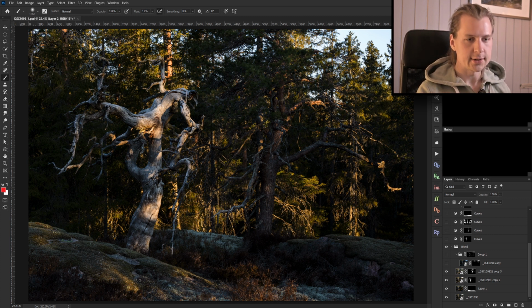So anyway, that is that layer. You can see it brightens up the whole tree there and makes it stand out a bit more from the background. And yeah, it just gives more interest into that tree. And the final